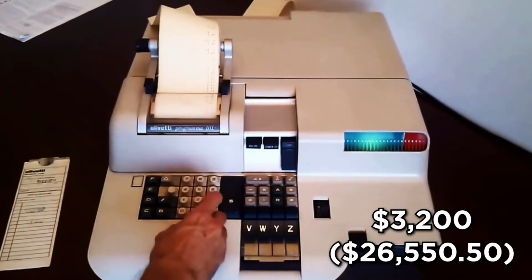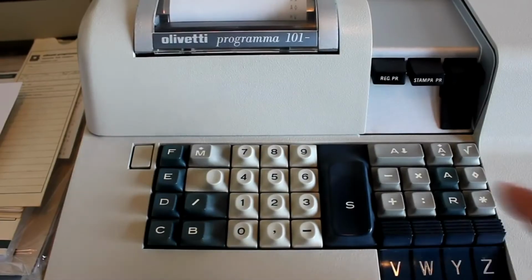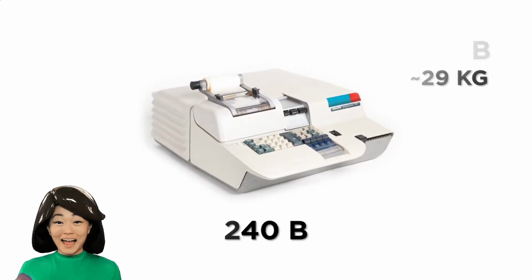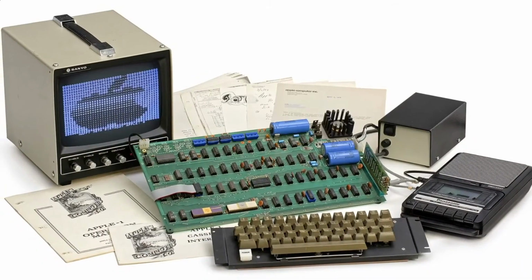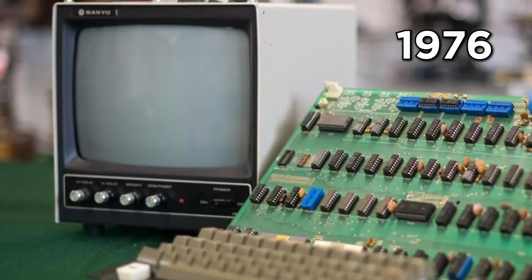$26,550.50 inflation adjusted, this popular 65-pound device made computing compact and accessible, but could only support basic mathematical functions with a minuscule 240-byte memory. That means it could only store about 0.006% of an iPhone photo. Apple's landmark Apple I computer, which resembled a circuit board and required buyers to purchase parts like a keyboard and monitor, arrived in 1976 for